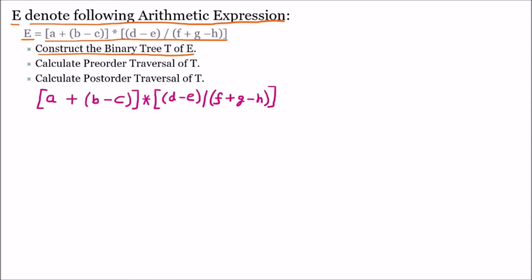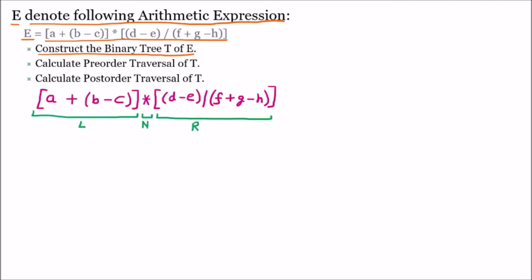Now to construct the binary tree, we should know one thing: there is a parent node, a left child and a right child. Means three things are there. That means this expression should be divided into three parts. So here we have to find those three parts. With the help of brackets we can see that this is one part, star is the second part, and this one is the third part. So this will become the left child, this will become the node, node means the parent, and this will become the right child.